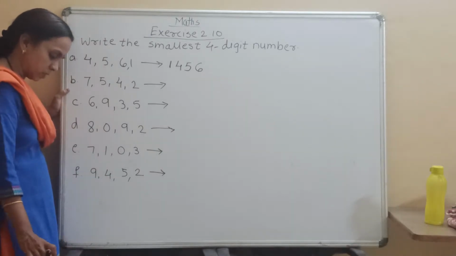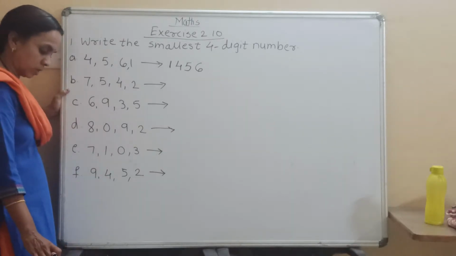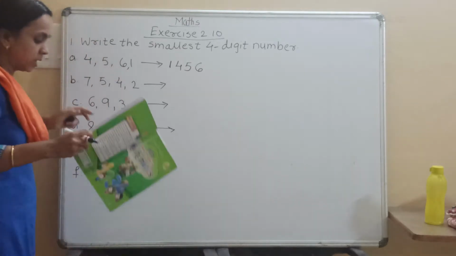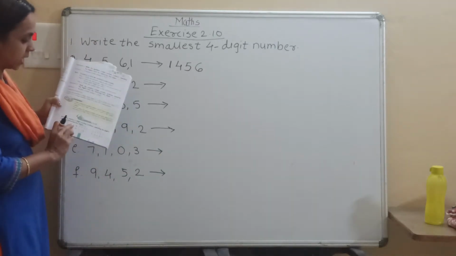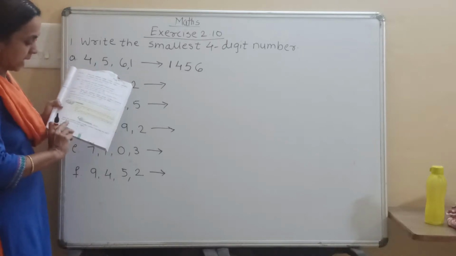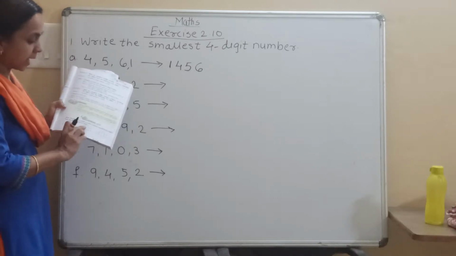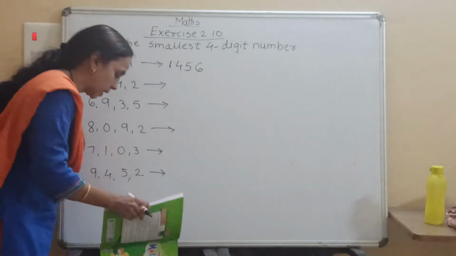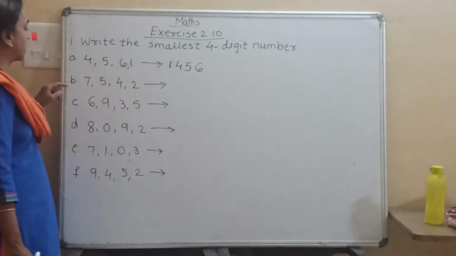This question you can write in your textbook. So in very small writing you have to write down here. You draw one line with the scale and on that line you can write down this answer. Okay. So next is what? B.